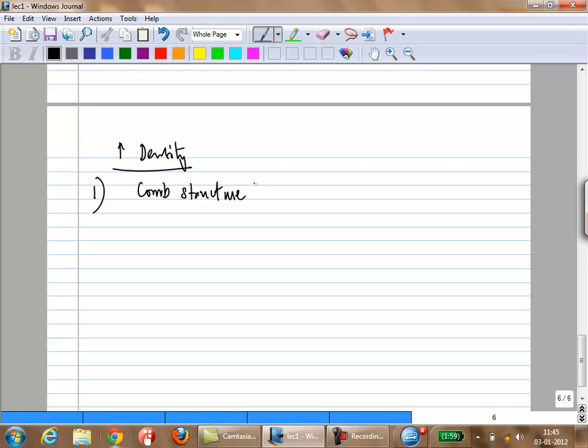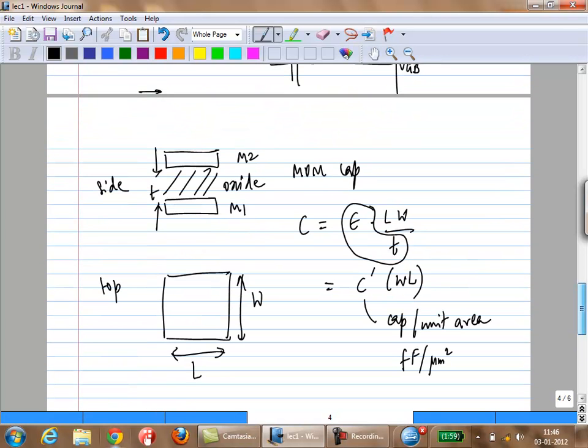So, one is to use the comb structure. Because you are interested in area. If you want 1 picofarad capacitance, because area costs money, you want to get as much capacitance as possible in a given, smaller area. That's the fundamental reason. Again, it all boils down to cost. Obviously, it's performance first and then cost. There's no use getting a very highly dense circuit which doesn't work. So one way, if you see here, we're actually using